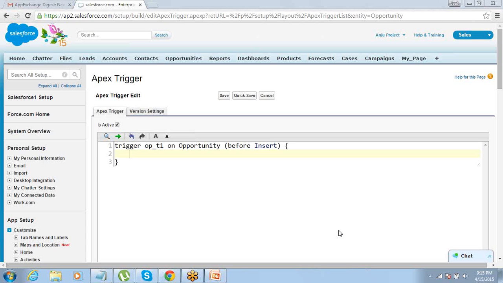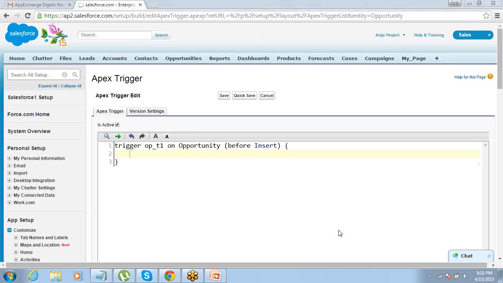For opportunity, right. So a trigger should always be within a for loop. I could have also set Opportunity O within Trigger.new, but that is not the right way, for two reasons. First reason, you should always write a trigger for bulk records, because you want your trigger to execute even when a bulk data operation is happening.